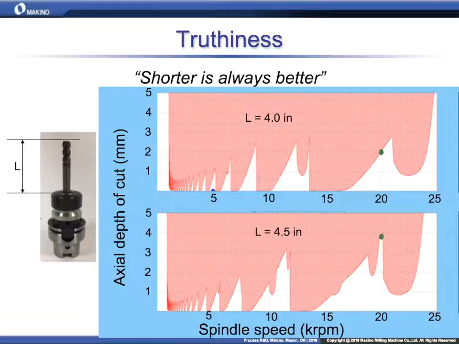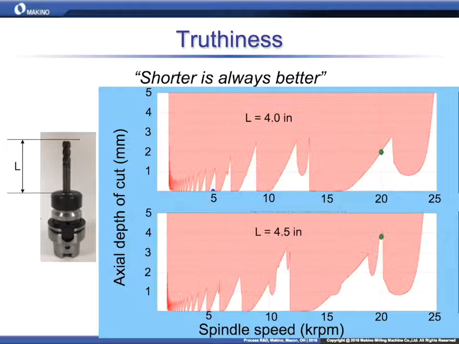So for the 4.5-inch stick out tool, everything else held constant, that peak aligns very well with the 20,000 RPM spindle,